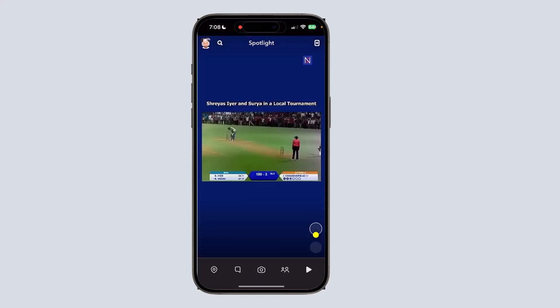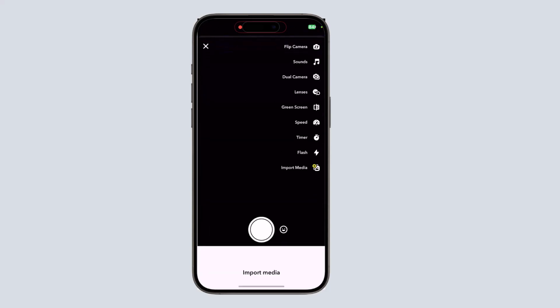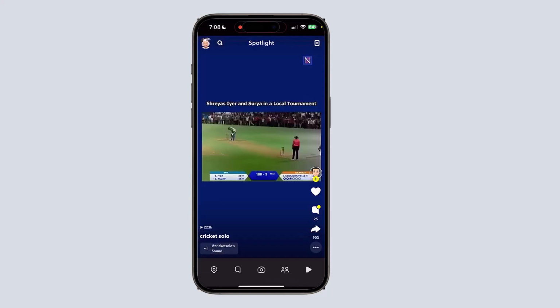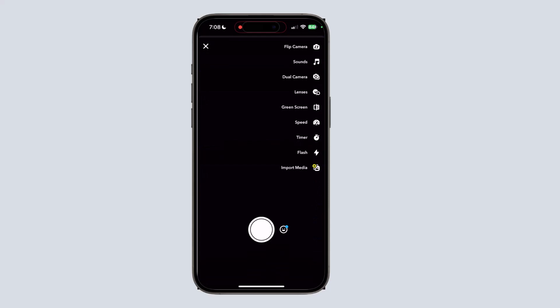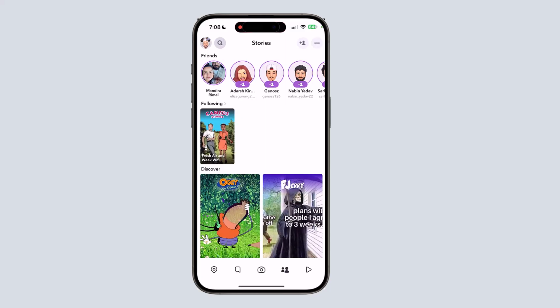and after you're there, go ahead and press the plus on the top right of the screen. After you press the top right of the screen, there are multiple options. You can go ahead and press any video that you want to upload or just record a new one. If you press create, it allows you to create a new video for Spotlight,